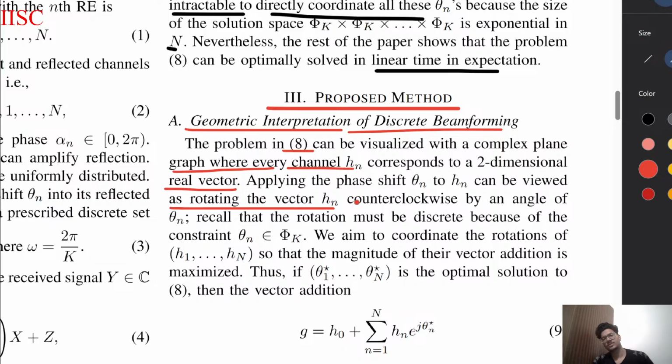The geometric interpretation of the discrete beamforming can be visualized. The problem can be visualized with the complex plane, where applying the phase shift theta n to h n can be viewed as rotating the vector h n counterclockwise by an angle of theta n. Recall that the rotation must be discrete because of the constraint that theta n is